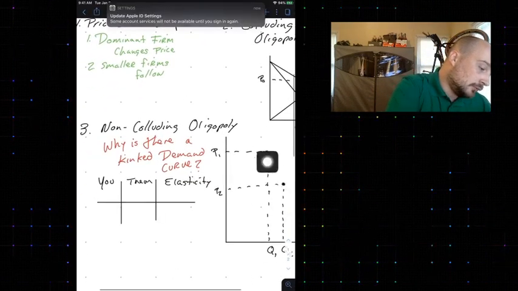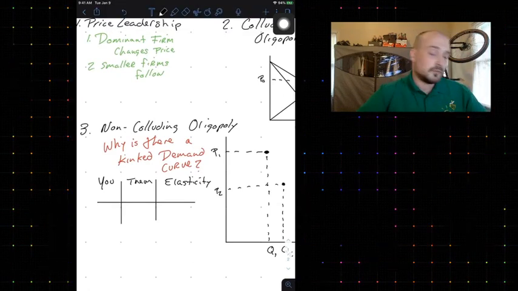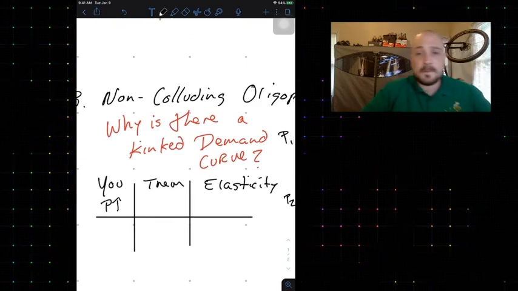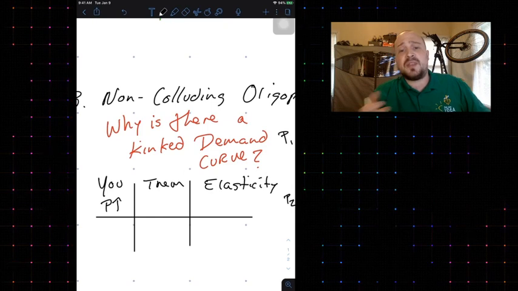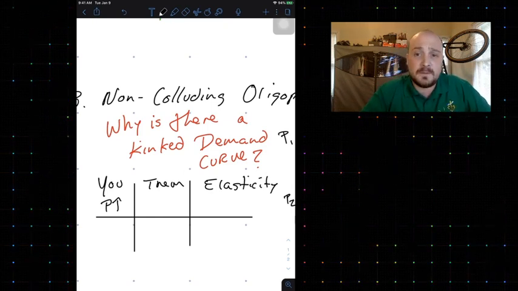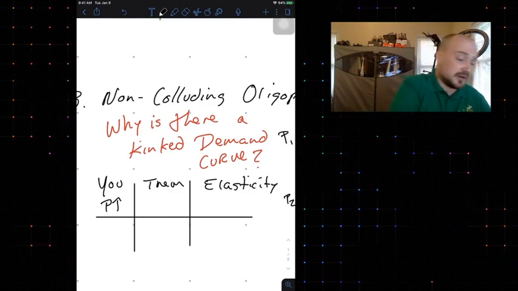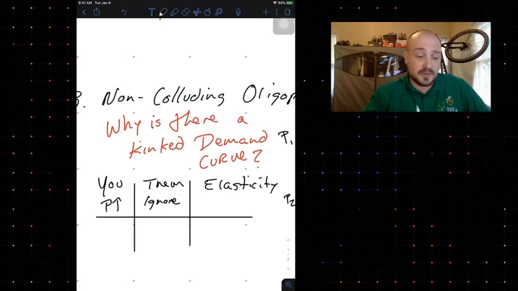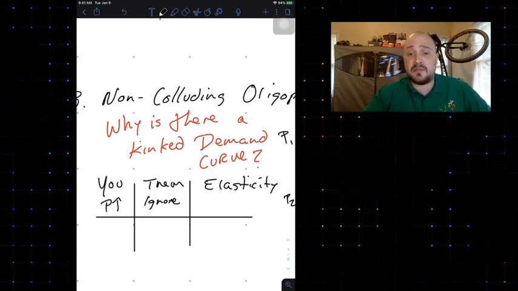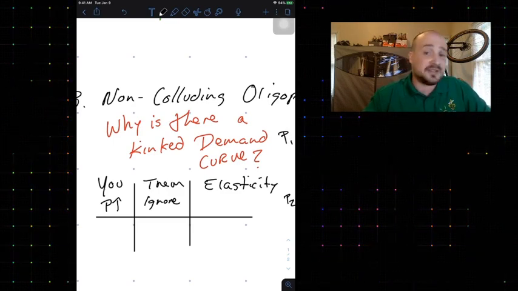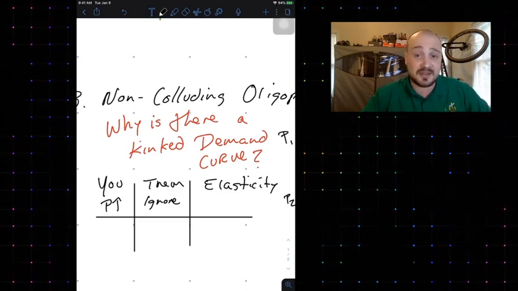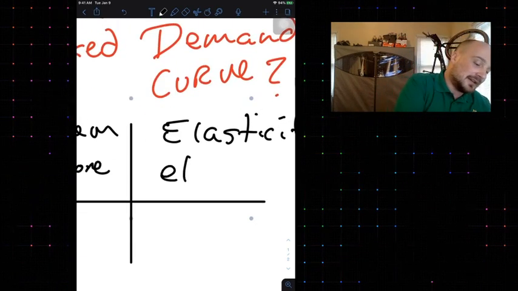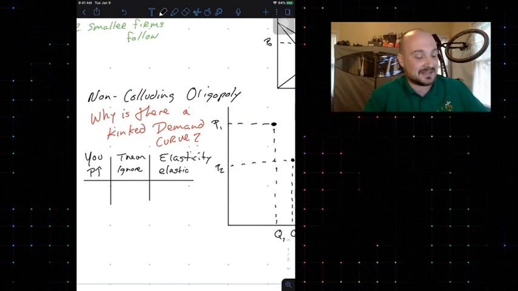Okay? So, you decide to raise your price. Your price goes up. What would the other businesses do if you raise your price? If you raise your price, those businesses, they're going to ignore it, right? Because if you raise your price, consumers are going to go to those other businesses, right? Well, what is that going to mean for your revenue? Your price is going to have gone up and your quantity is going to go way down, which means your revenue has gone way down. If you do that total revenue dance, your elasticity is very elastic. You have a very elastic demand line.